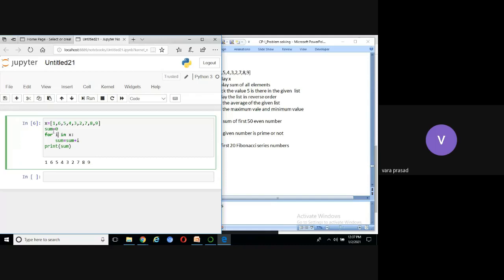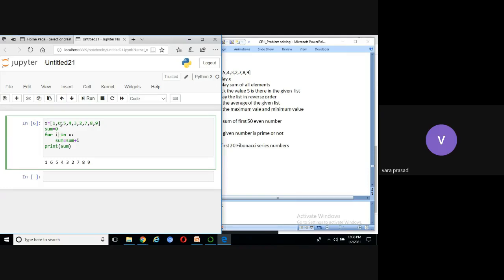Now, what is the difference between sum and I? Both are variables. Sum is a variable, type is integer. I is a variable, type is also integer, because the initial value of I, for I in X, takes the first element value that is stored in X.